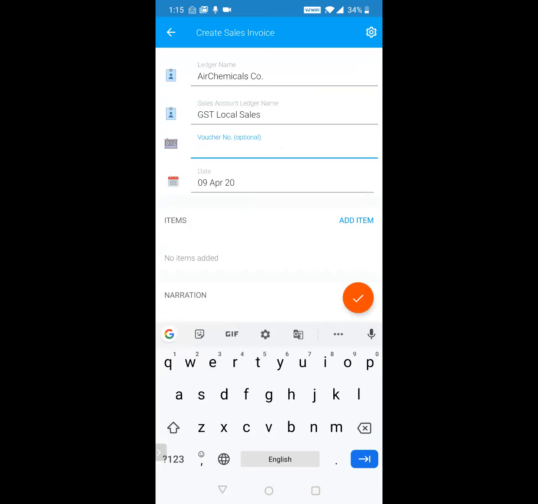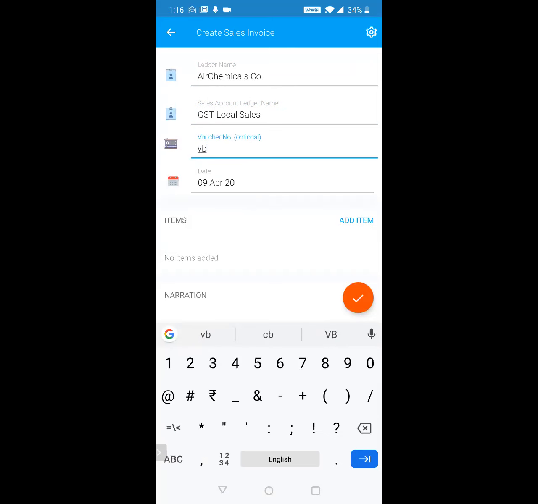If it's set to automatic, it doesn't matter what number you put here. Tally will reassign a number based on the auto numbering. And if your setting in Tally is manual, then whatever number you put here will go into Tally. So let's say mine is manual, and I know the last number that I had created was 1004. So now I'll put 1005.